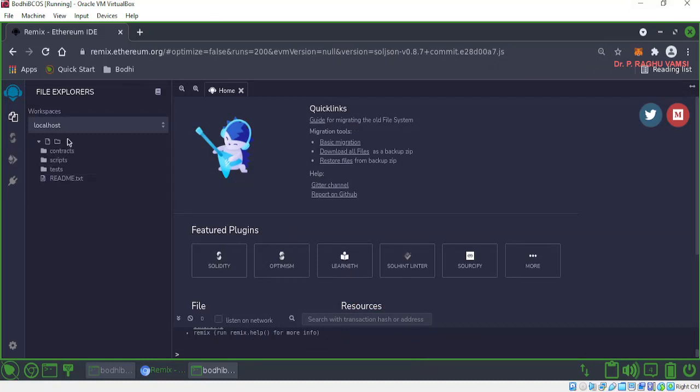Now this is the local system in which I don't have any file. So for this, I'm going to create a test, or online kind of folder, and in it I'm going to create a new file called demo.sol.